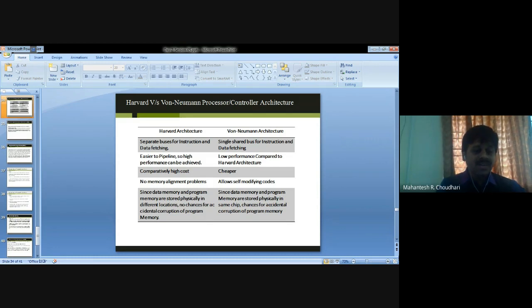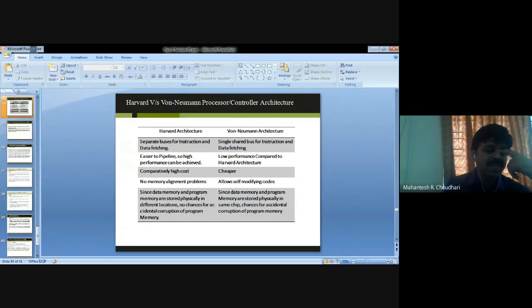Harvard is easier to pipeline, so high performance can be achieved, while von Neumann has low performance compared to Harvard. Harvard is comparatively high cost, while von Neumann is cheaper. Harvard has no memory alignment problems, and von Neumann allows self-modifying code.